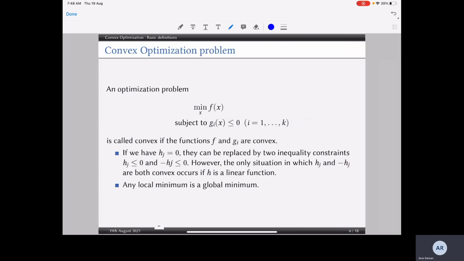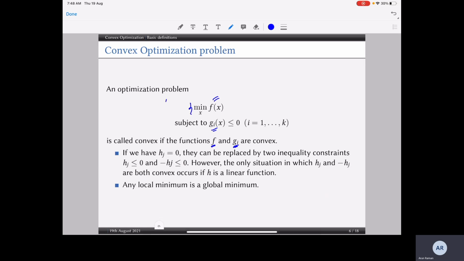Now that we have discussed convex sets and then moved on to convex functions, we now define a convex optimization problem. The convex optimization problem is a constrained optimization problem, may or may not be, but the main idea is that in the standard form it minimizes a function f which is convex, subject to constraints that are also convex. So here f and gi are all convex. For all i, f is convex and gi is also convex.